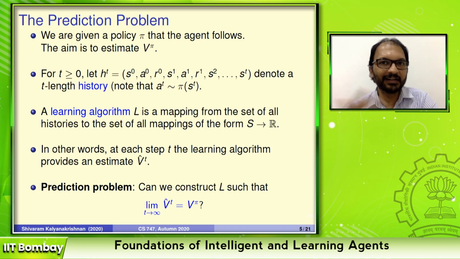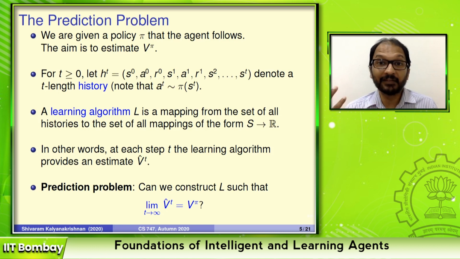So we have defined these two problems now. Reinforcement learning usually is about control. You want to learn which actions to take so as to maximize your expected long-term reward. Or the way we have stated it is you want an agent that makes a sublinear number of non-optimal decisions. That's control. Prediction is the easier problem where your behavior is fixed. What you want to ask is what is the value of this behavior? If this policy is fixed, what is my value function? Presumably, that is also something you can infer from experience and refine with time.